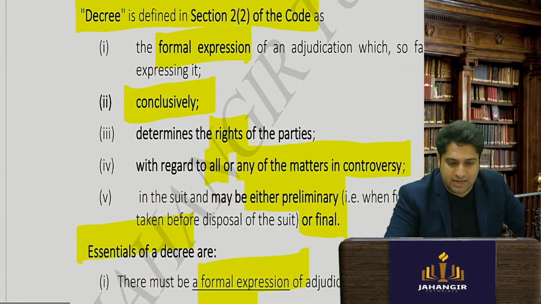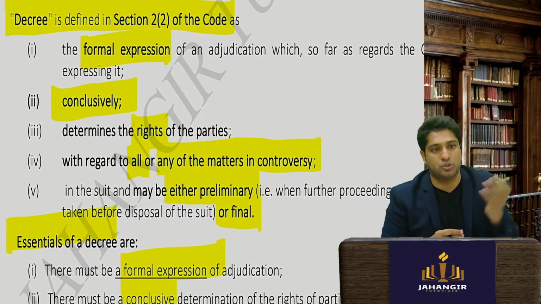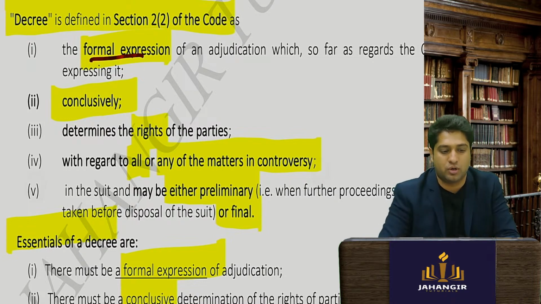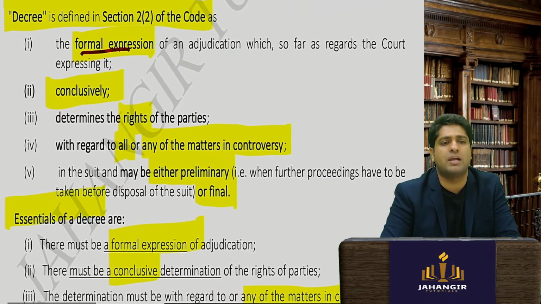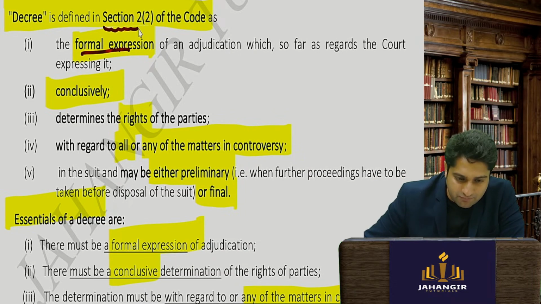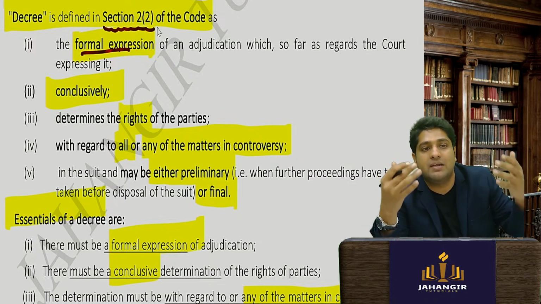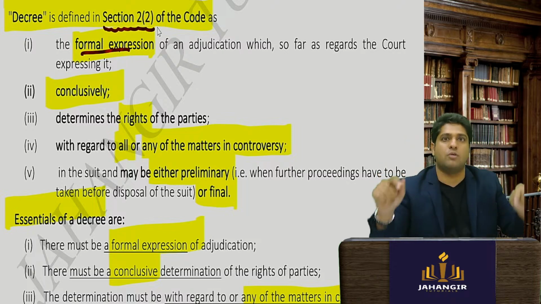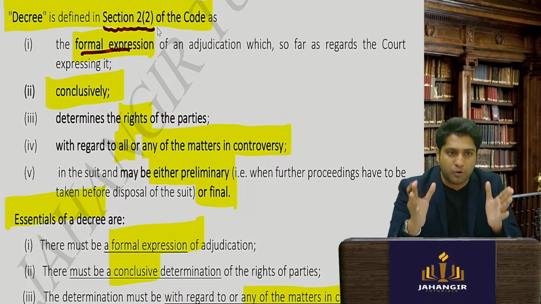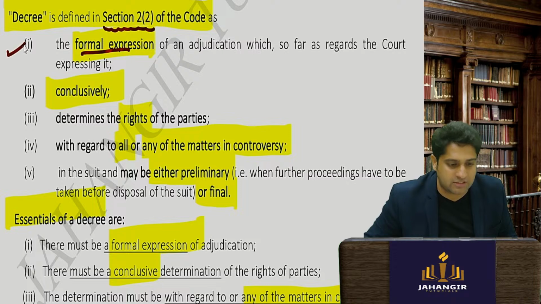So let's read what is a decree. Decree is defined under section 2 subsection 2, which says a decree is a formal expression of adjudication of the court. Sir, what do you mean by formal expression? A decree under section 2 subsection 2 is a formal expression. That is, the court has formally put it down, as a very legal process, that this party is right. So it is a formal expression of the court